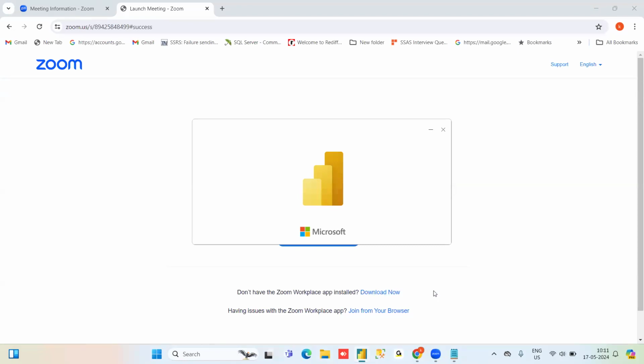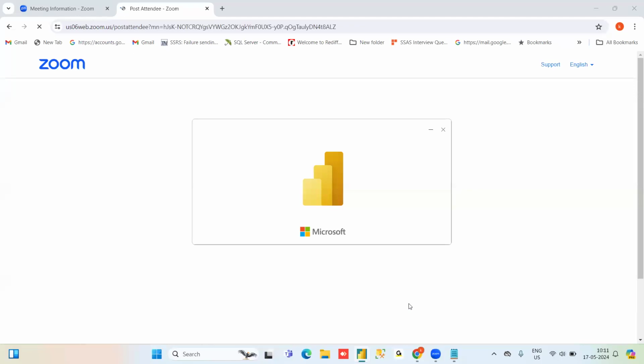Till now, what we discussed: we have seen multiple visualizations, like bar charts, line charts, cards, multi-card, a table visual, and a matrix or cross tab, and even a pie chart.